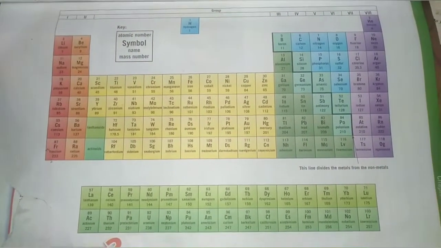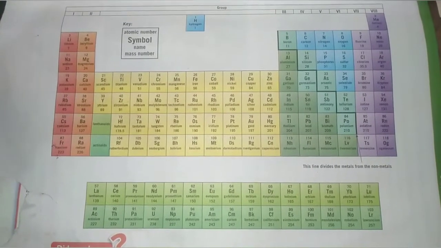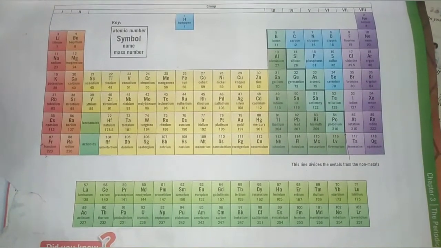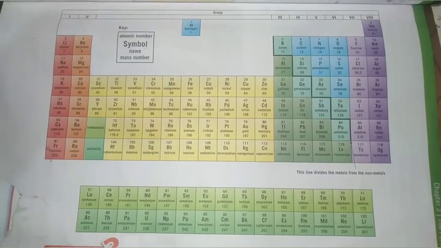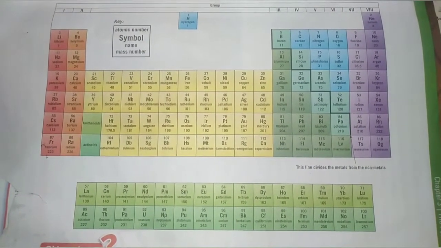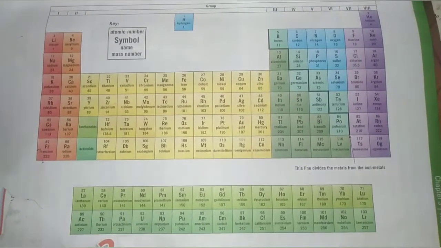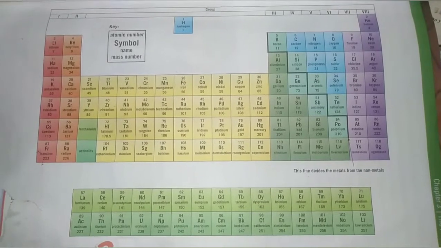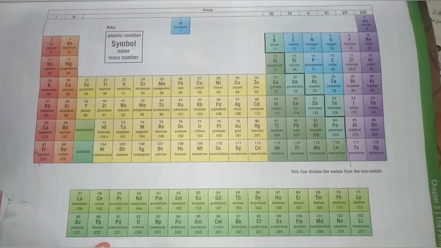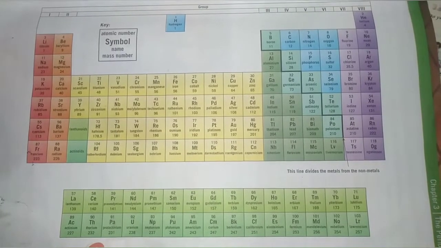The number of electrons in the outermost shell of an atom has a big effect on the way the element reacts. That is why elements in the same group of the periodic table tend to react in the same way as each other. A full outer shell of 8 electrons is a very stable arrangement. Elements with a full outer shell of 8 electrons are unreactive because the electrons tend to stay where they are.